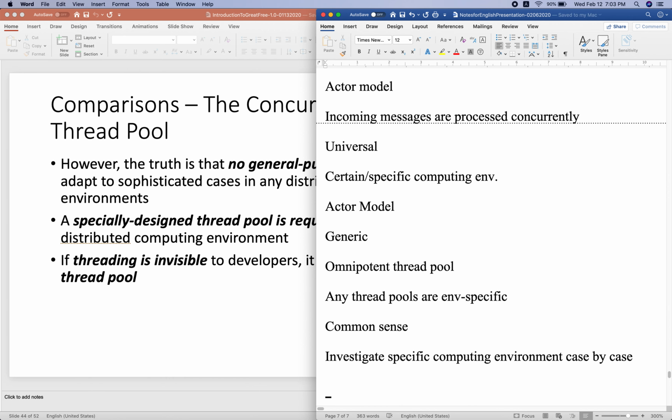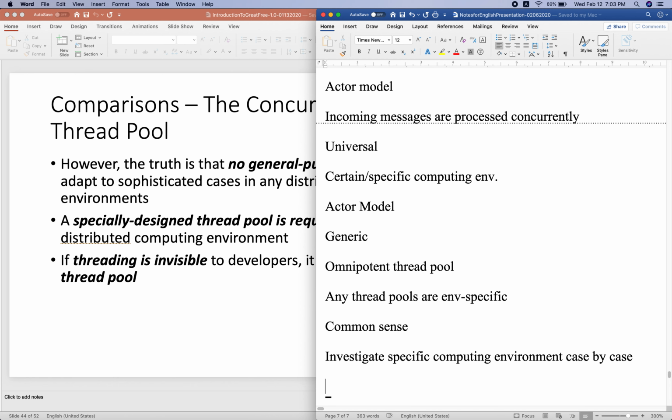Only if we can do that can we design a high quality concurrency system, because the thread pool is used to manage the threads, to provide a high performance system and at the same time minimize the consumption of computing resources, right? So thread pool is one of the important techniques for concurrency programming.